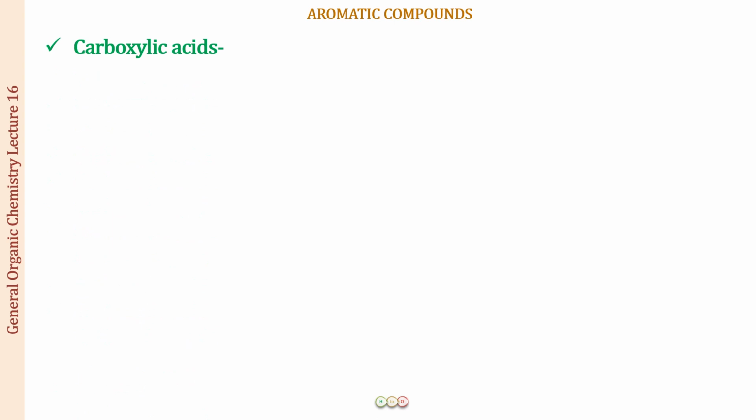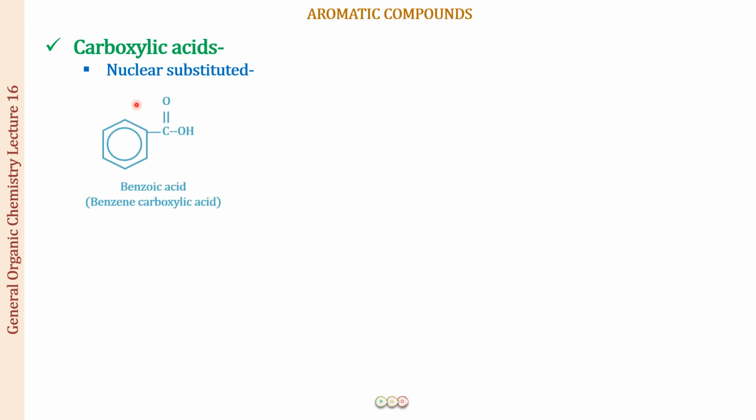The next we have is the carboxylic acids, and first of all again we will be doing the nuclear substituted products. So here we have a benzene to which we have directly attached a COOH group. So this again is going to have a special suffix, and that is going to be carboxylic acid. So the name of the compound becomes benzene carboxylic acid, but the common name and the name that we will be using is benzoic acid. So these names are very important, you have to remember them. All right, so we will never be calling this benzene carboxylic acid, we are going to call it benzoic acid.